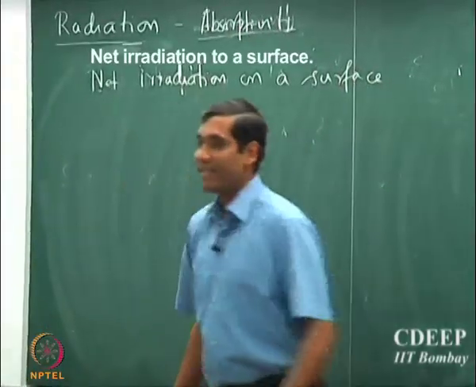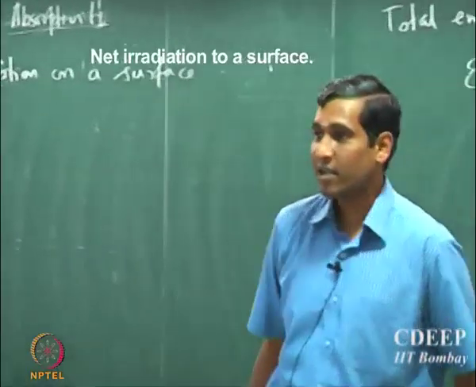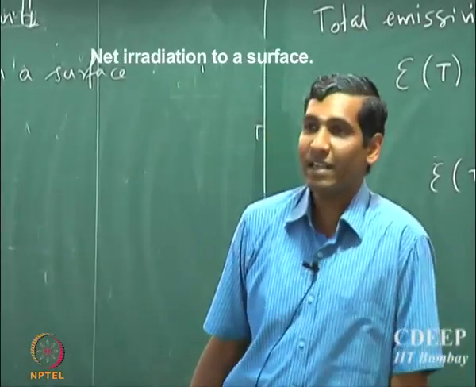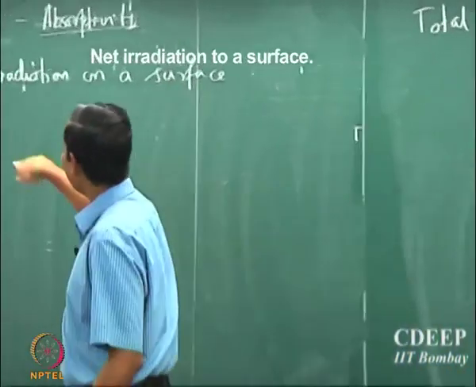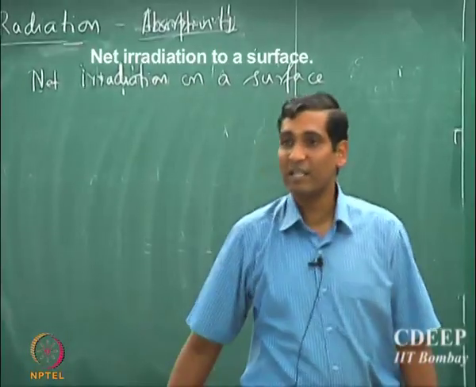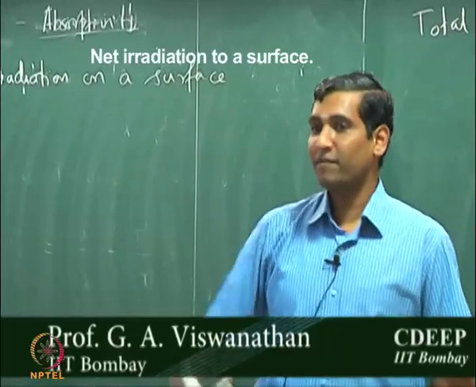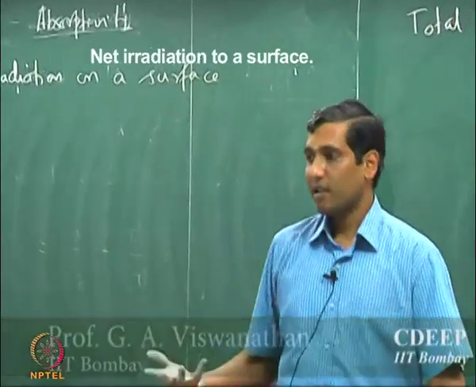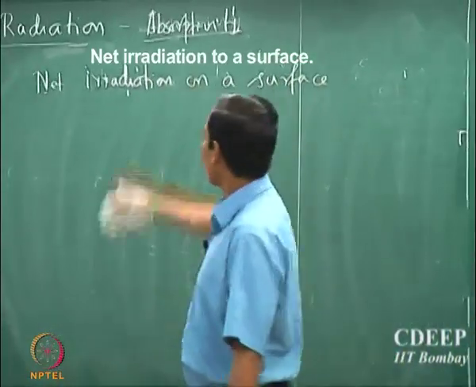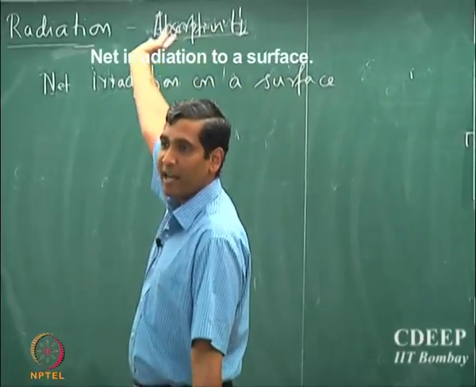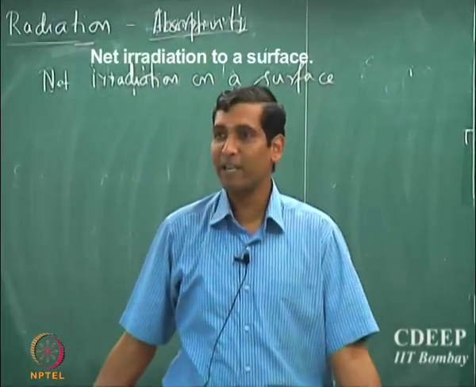What is the net irradiation to the surface? And so the absorptivity is now defined based on the net irradiation that is received by a surface. So if we know how to quantify that, then we are done. So whatever fraction is received is what is called as absorptivity,